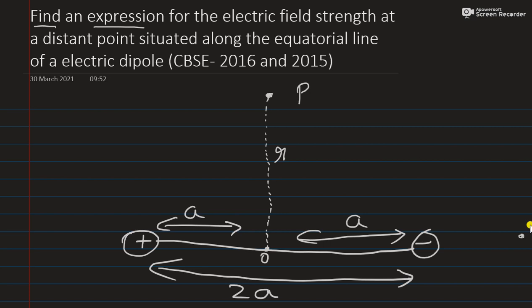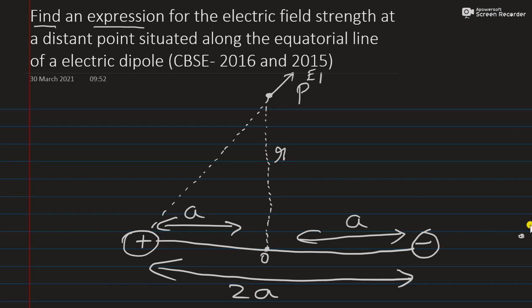Okay. Yesterday I did one diagram. The same thing I am going to do the opposite way. This side I am taking plus, this side minus. If you take it the opposite way, this side minus, this side plus, also you can take it. Last class I took this side minus, this side plus. Both are going to give us the same equation. From plus, how will the electric field be? Outwards at the point P, it is going to be E1.